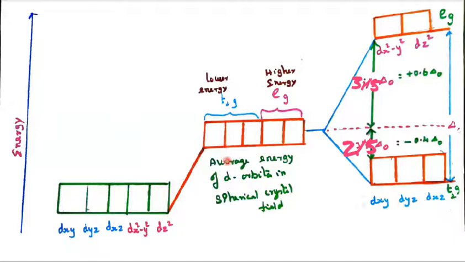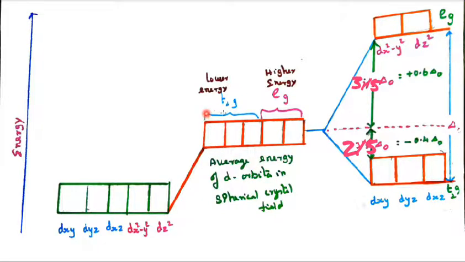This excited state is called the average energy of the d orbitals in the spherical crystal field. What does spherical crystal field mean? When the electrons in ligand orbitals approach the metal orbitals, the electrons in the metal orbitals and the electrons in the ligand orbitals experience repulsion. Symmetric repulsion takes place by both. That symmetrical repulsion alone is called a spherical crystal field. Writing just this, you get one mark.